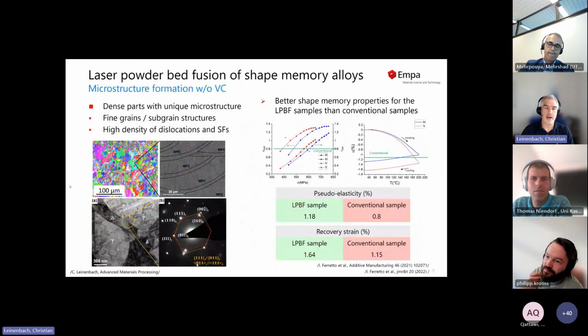Well, of course, it's more fine-grained. So you see also the solidification cells. This is certainly one reason, because as the hypothesis goes, it's the solidification cell structure that influences the mechanical properties. However, for the shape memory properties, I mentioned it here and there, we found much higher densities of already existing stacking faults in our material. And we believe they further influence the mechanical properties and the shape memory properties, because they are the precursors for the martensite that will form.